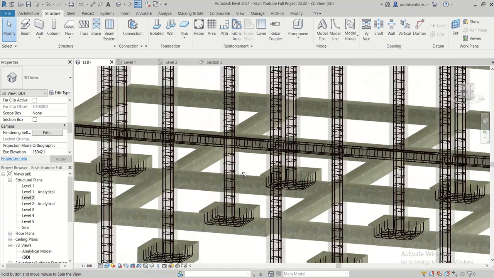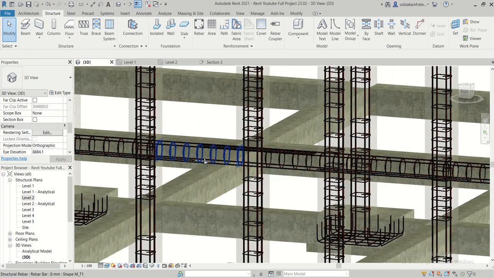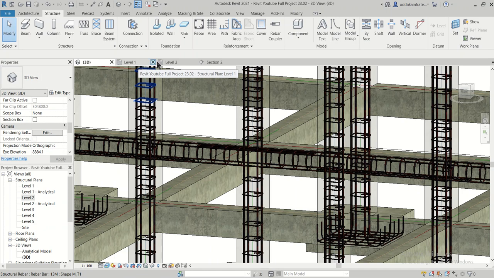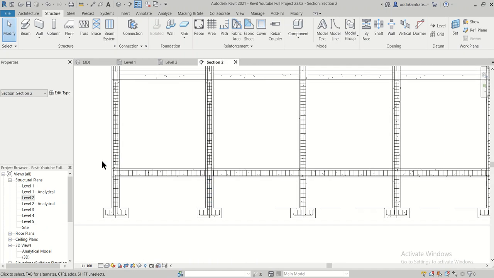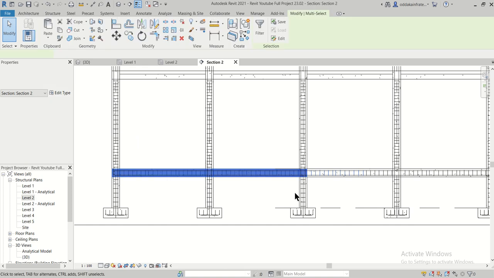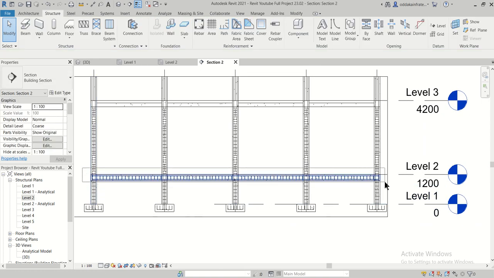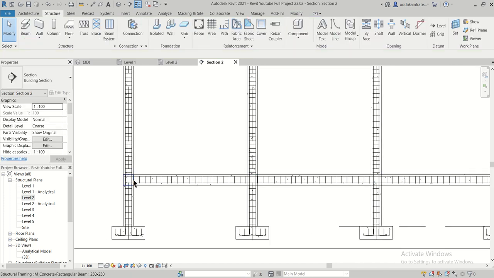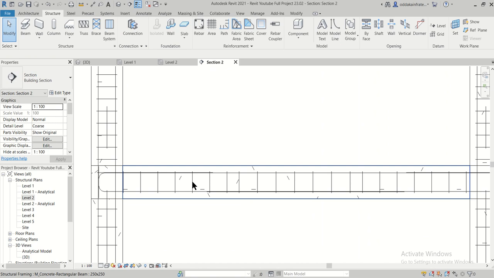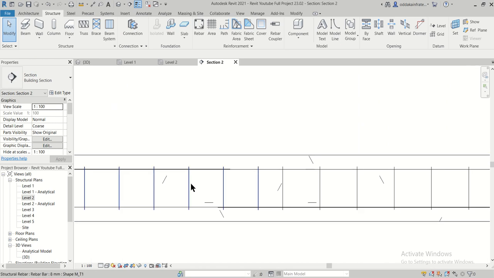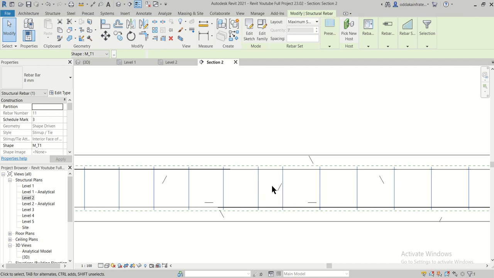So if you observe this particular stirrup, these are circular in shape, so you need to change the rebar shape here. Just select this, and usually the 13M which we had made for the 8M stirrups earlier also. Just select this stirrup, carefully select those stirrups here, and here also, one by one.